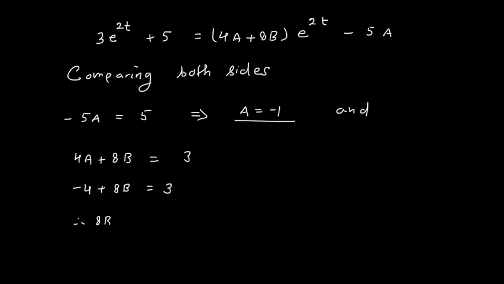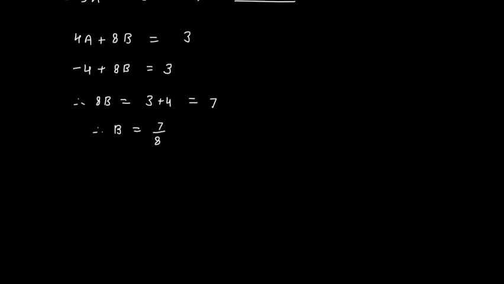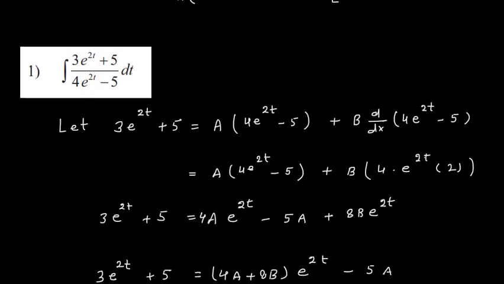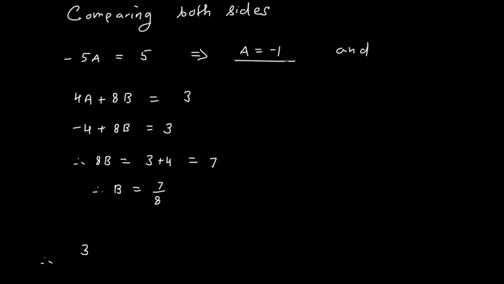So the value of 8b is equal to 3 plus 4, 3 plus 4 is 7. So therefore the value of b is 7 divided by 8. So the value of a is minus 1 and the value of b is 7 divided by 8. Okay, so therefore we can say that 3 into e^(2t) plus 5 is equal to minus 1